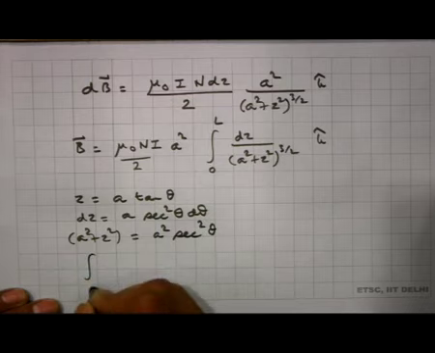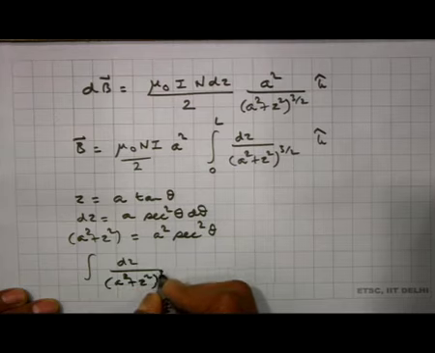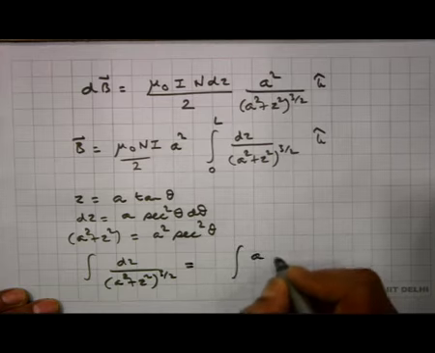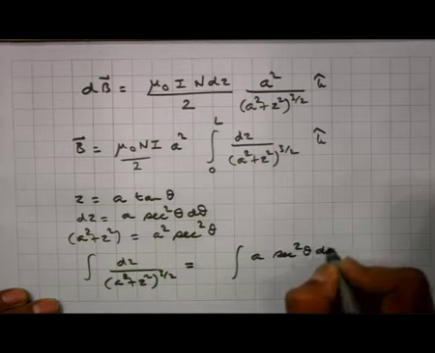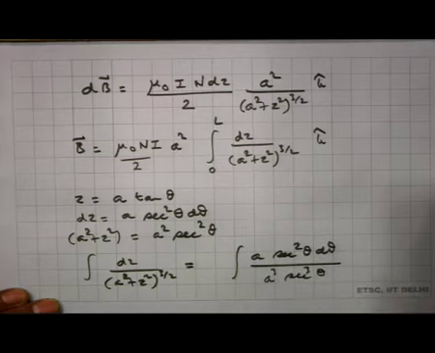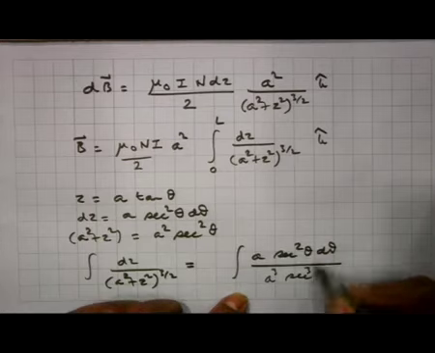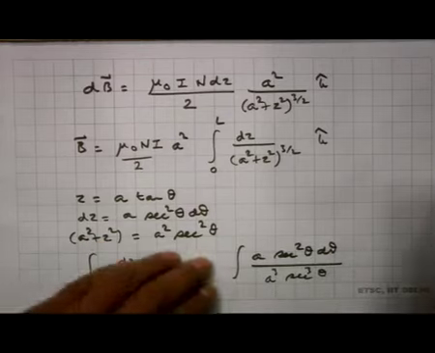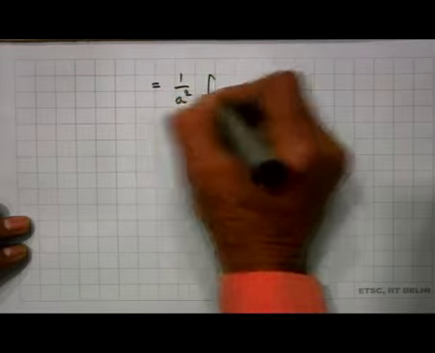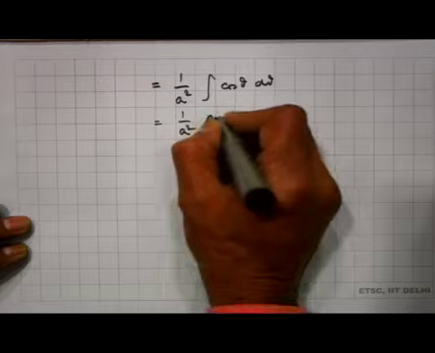So, this integral dz by (a square plus z square) raised to 3 by 2 will be equal to integral a secant square theta d theta by a cube secant cube theta, and so this is nothing but secant square theta cancels off, 1 by secant theta is cos theta. So, I get this is equal to 1 by a square integral cos theta d theta, which is nothing but 1 by a square sin theta between